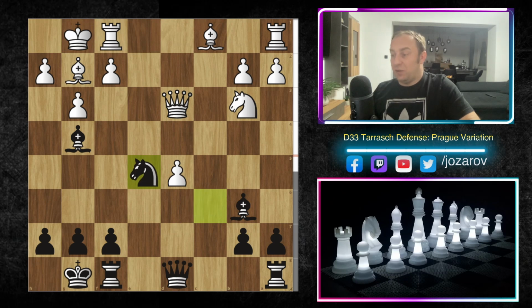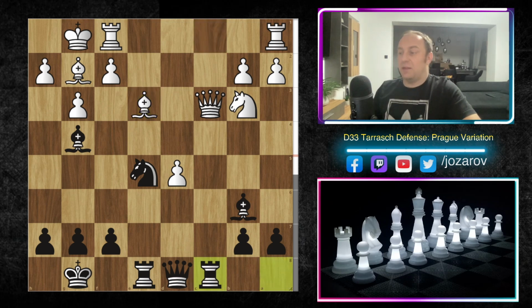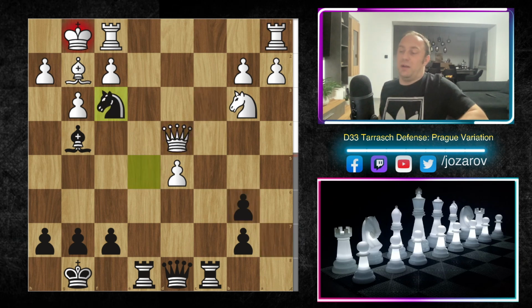Castling, now knight to e5. Here we have queen to c3, rook to e8, bishop to e3, and now rook to c8, attacking the queen. We have queen to b6, a takes b6, and here the queen had to move, but now knight to f3,